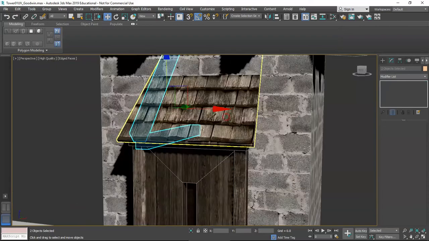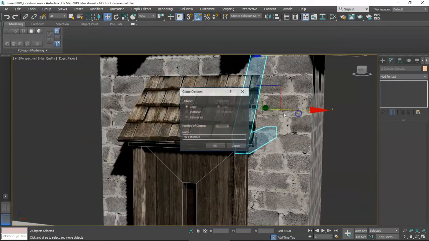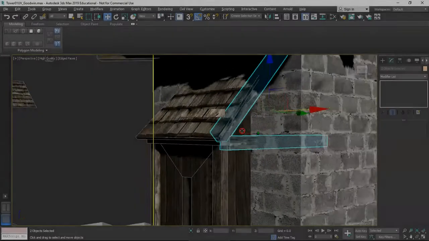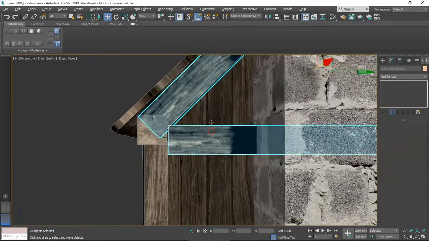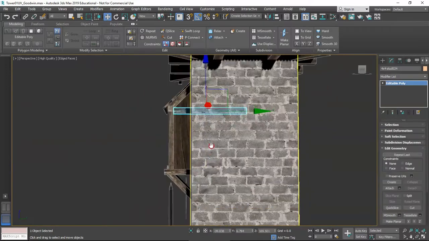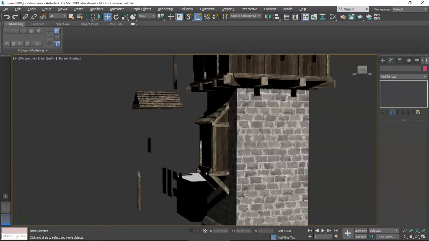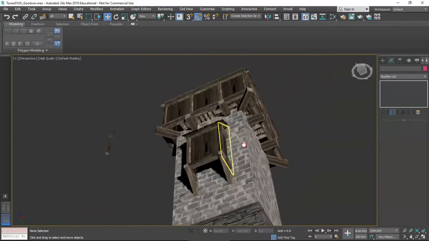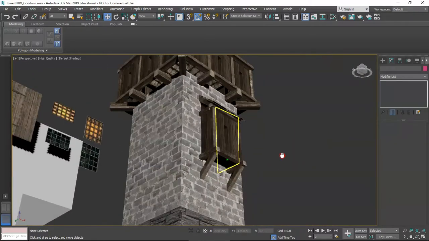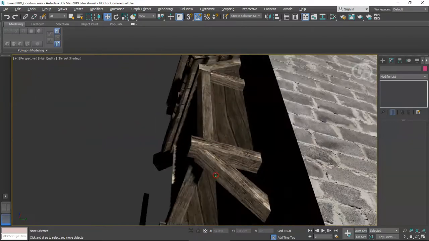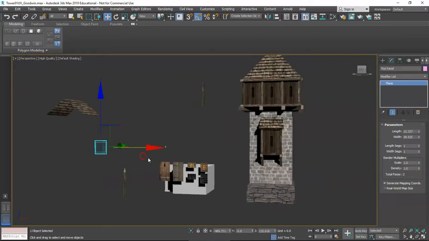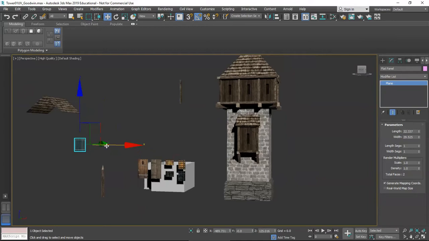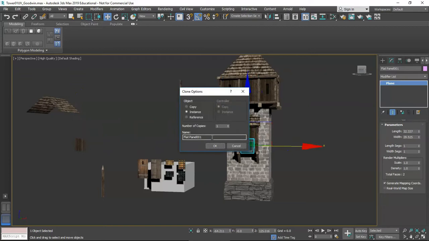We're going to want to take these two and hold shift and bring them over. And I can just do instances in case I need to change them. And there we go. So now we get a little bit more detail. And I forgot about the bottom piece here. So we can just go ahead and grab this, press W and hold shift, drag this out,